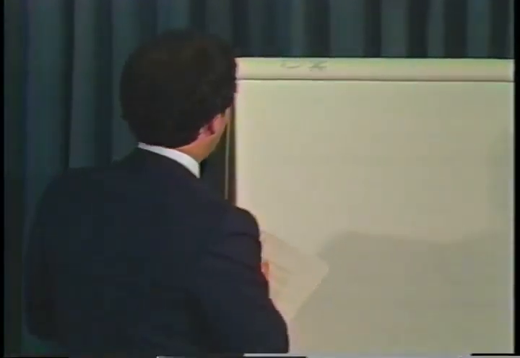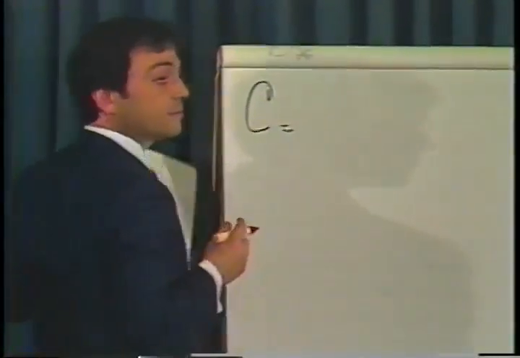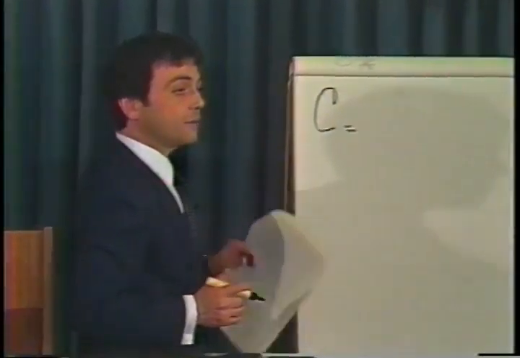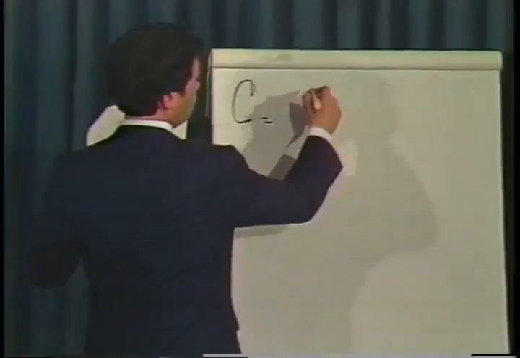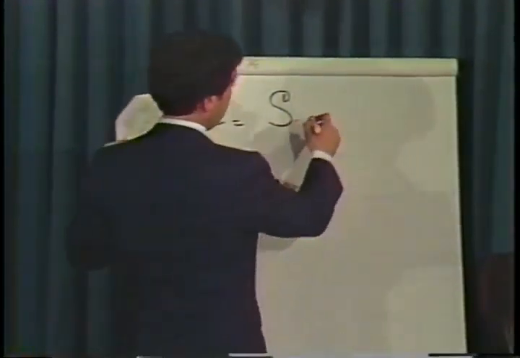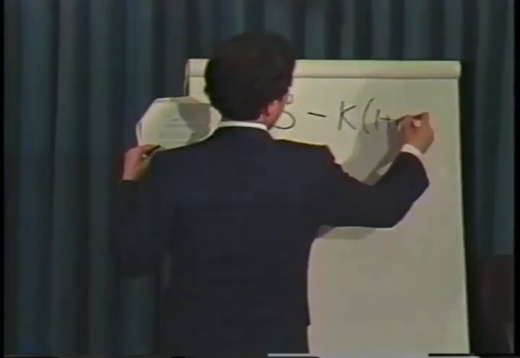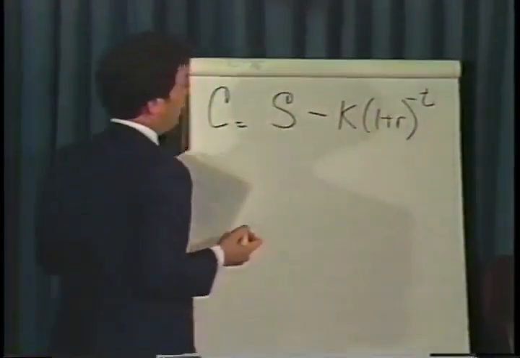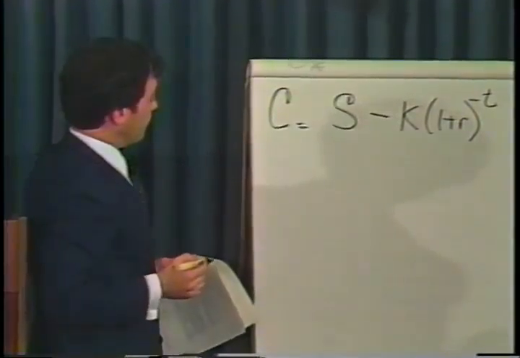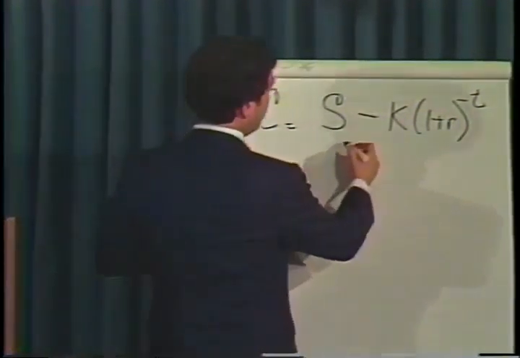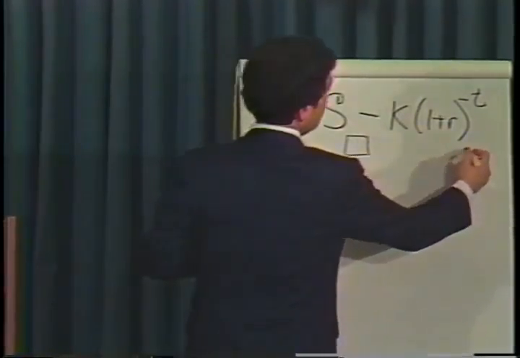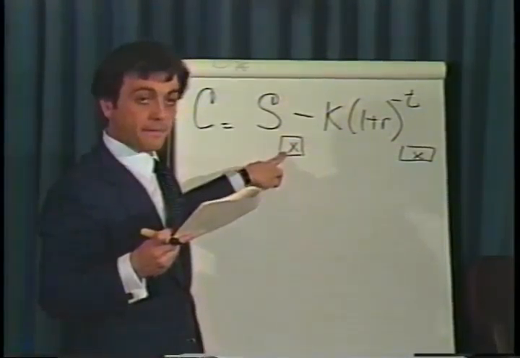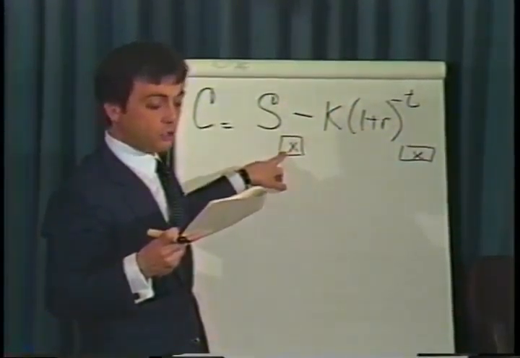What was our deterministic formula? S minus K times 1 plus R to the minus T. Now, when the world is stochastic, we will have an adjustment factor here and an adjustment factor there. Okay, so what is the adjustment factor that comes after S? That's N of x, where N is the normal density function,